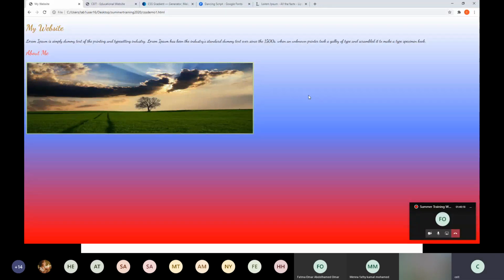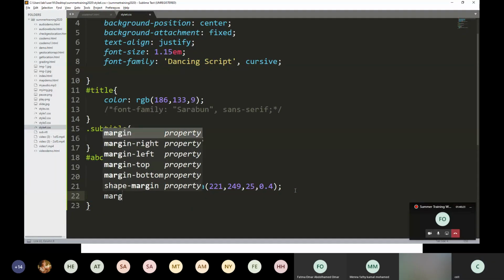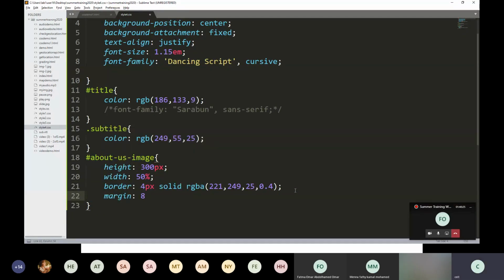Then margin. Suppose I am giving 80 pixel, 40 pixel. Yesterday itself I have told you that when you are giving two values in margin, the first value is for top and bottom, and the second value is for right and left.